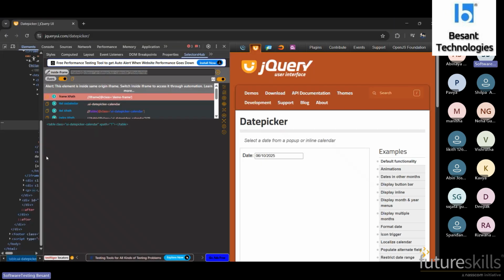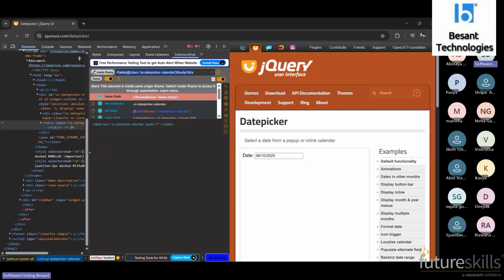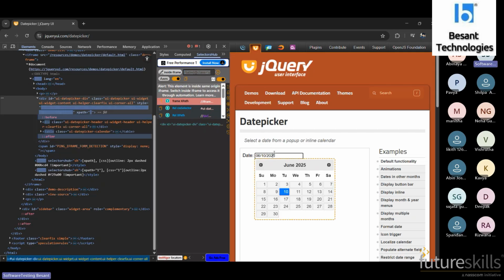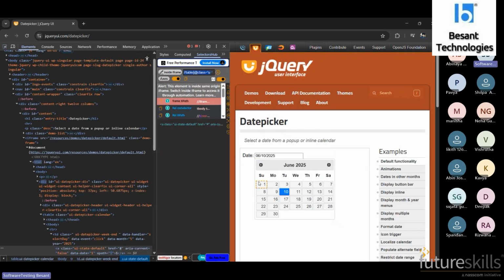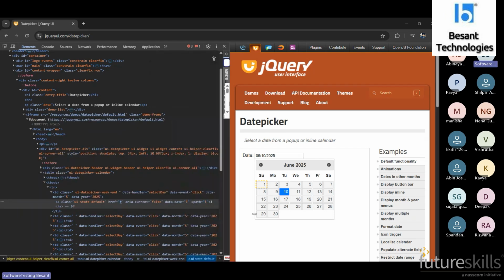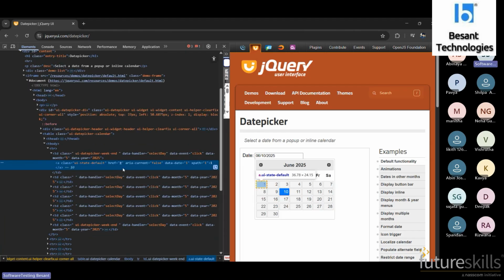Let me check that. What is meant by link text? First, we need to understand that. If any text has a link, that text is called link text. Here, I think it is not a link text. They have created text under the A tag. Here we have no link, there is no URL, right? It is not redirecting anywhere. The href they have given is just a common word, a number.